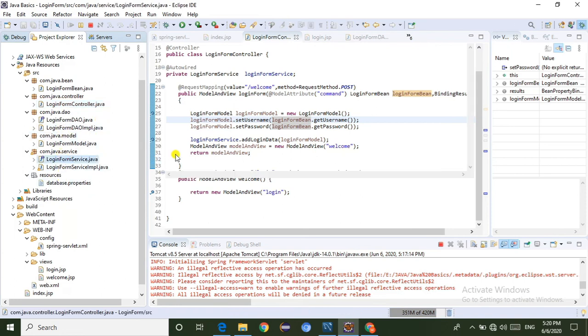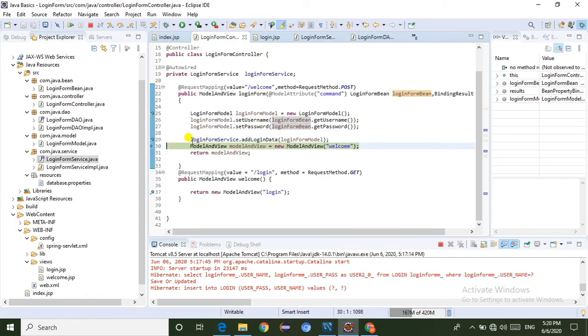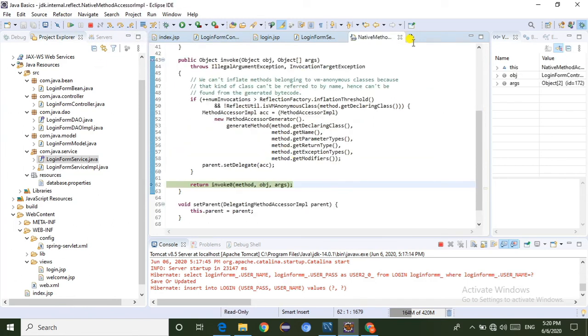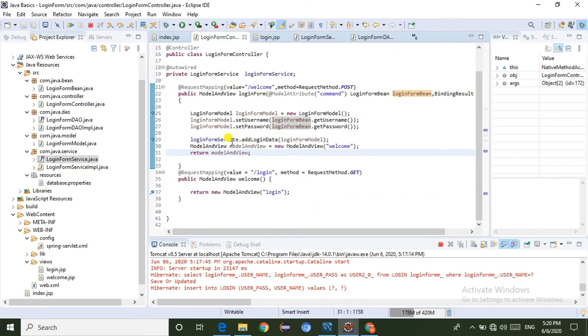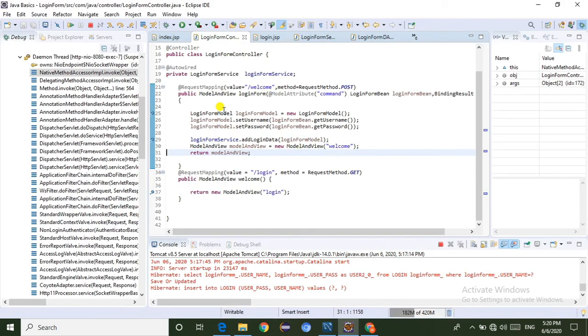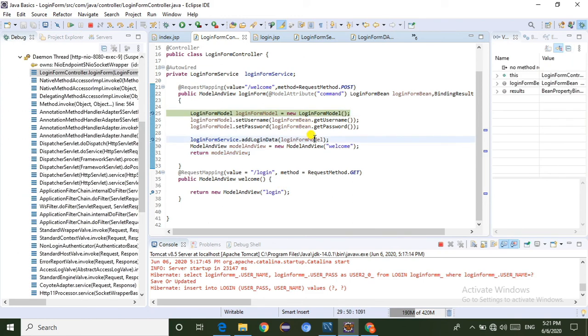Now I am going to put a breakpoint here. Whenever I click this button, it will come from the controller to here.